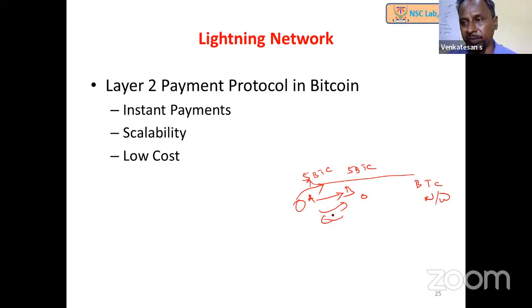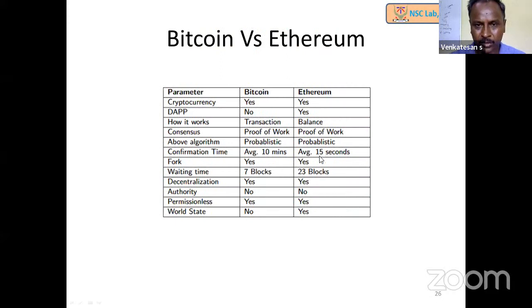So this is the reason they have introduced it. However, there are attacks coming, like the flood and loot attack, but they are giving solutions for it. Researchers are working to overcome the issues. So this provides instant payment scalability. That means it can make more payments in a period of time, and it is low cost. When we are making transactions in the Lightning Network, there is no need to pay the transaction fee. It's between Alice and Bob. However, for the final one that they submit, it is required. They have to pay the transaction fee.